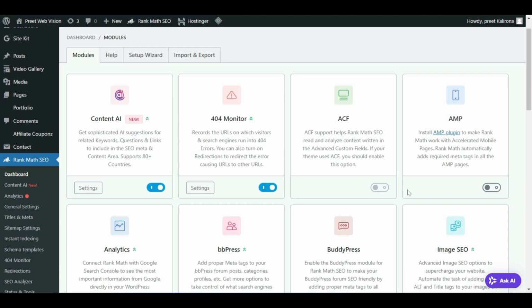This is your Preet. Guys, in this video we will learn the best and correct way to configure your WordPress sitemaps. What is a sitemap? A sitemap is an index for all of your content available on your website. It tells search engines about your content, what type of content you have